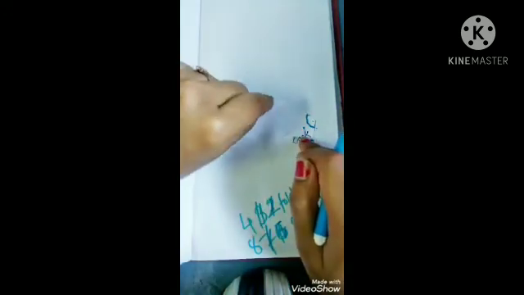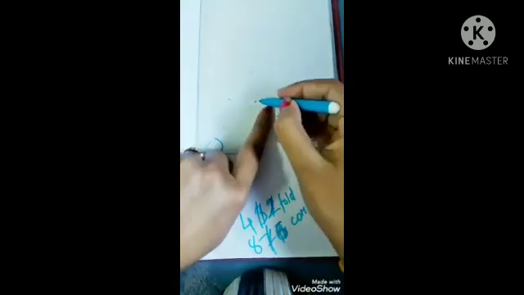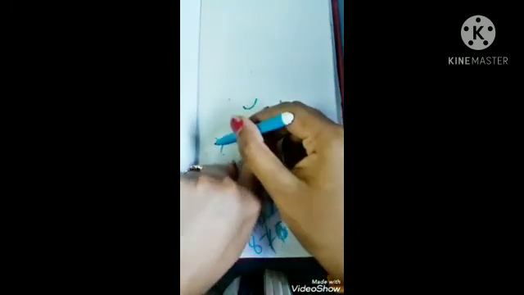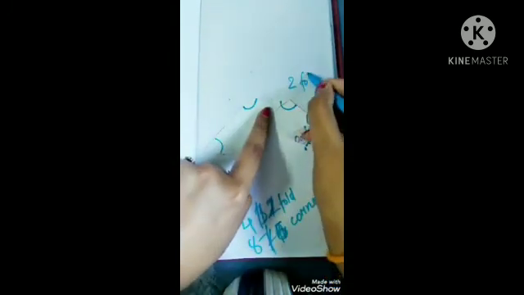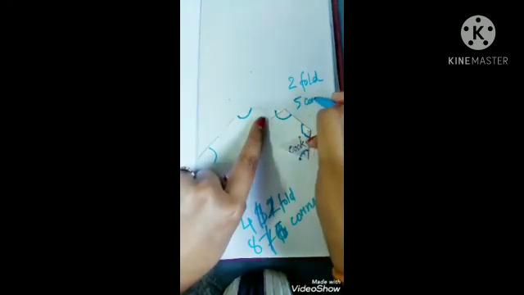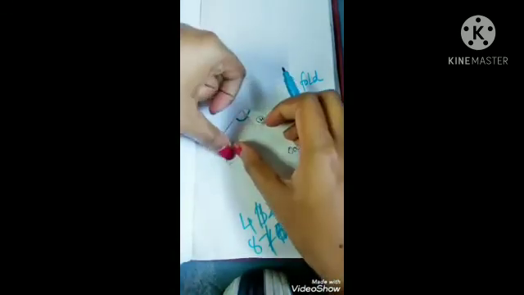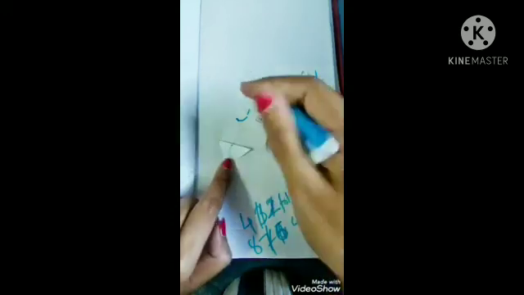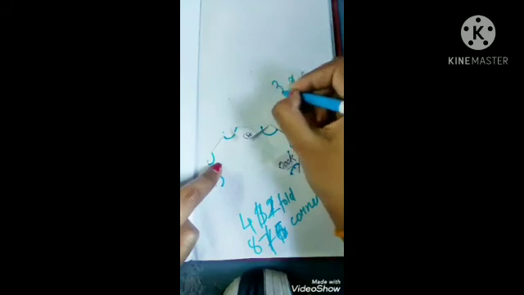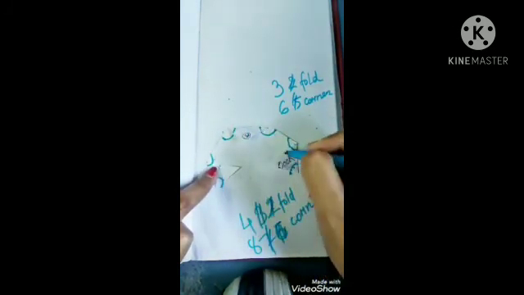Similarly if you fold another one like this, again you are getting one more corner, here also one more corner. So 1, 2, 3, 4. You are getting 4 and here 1. So if you do 2 folds, then you are getting what? 1, 2, 3, 4, 5. 5 corners. And if you fold this corner also like this, now you are getting 1, 2. So if you do 3 folds, then you are getting 6 corners. 1, 2, 3, 4, 5, 6.